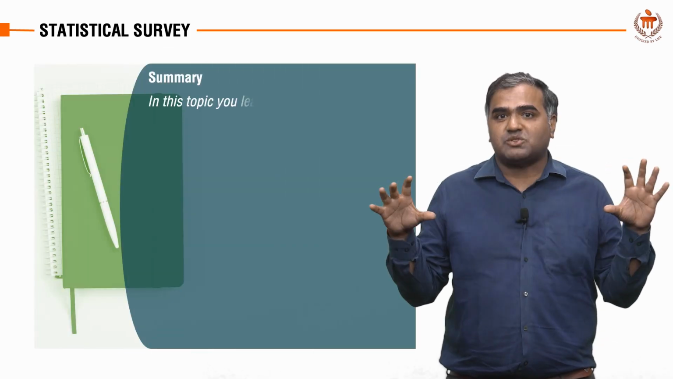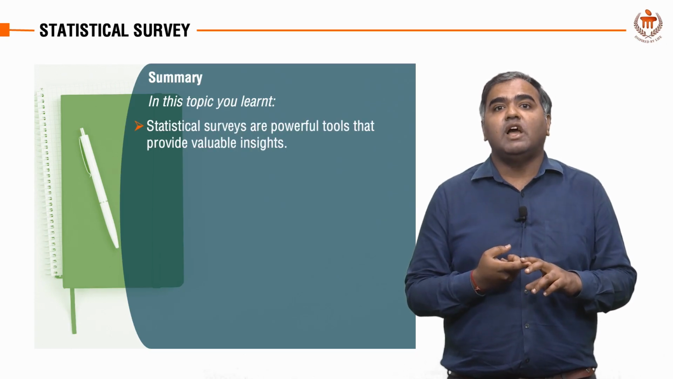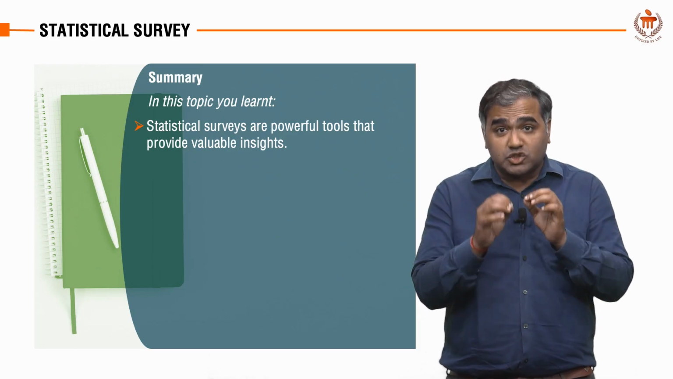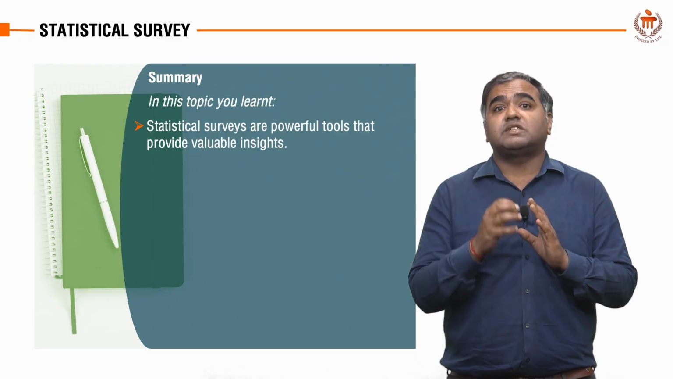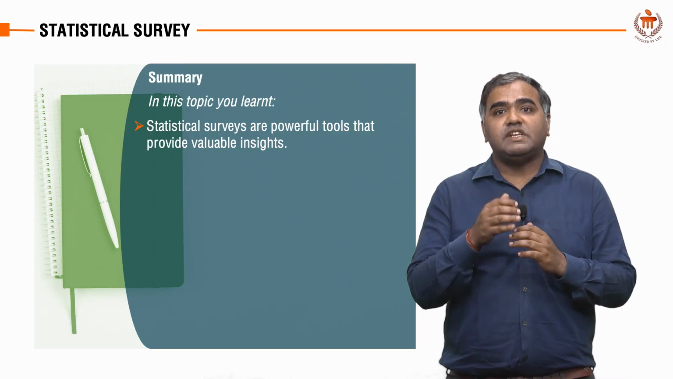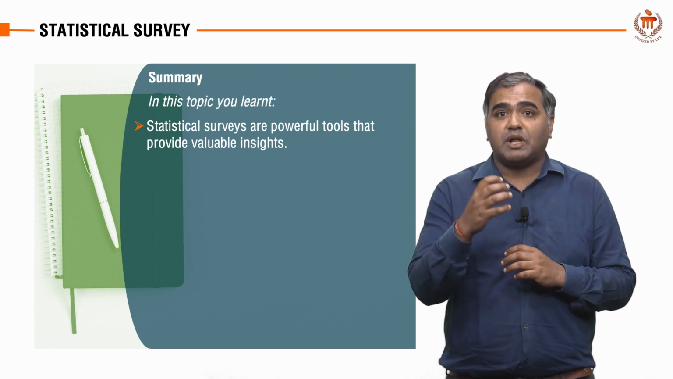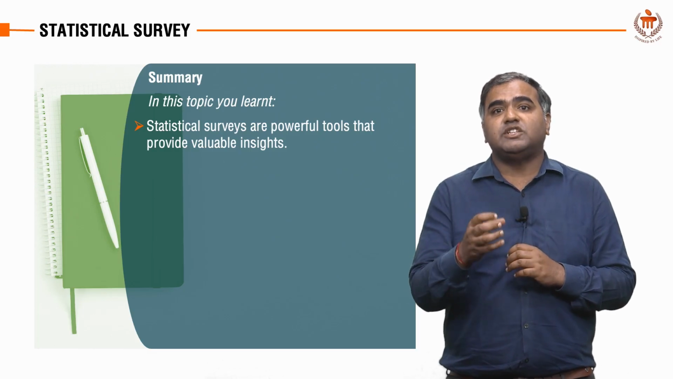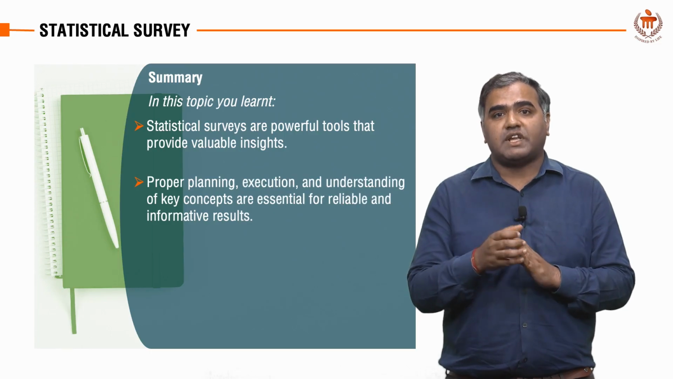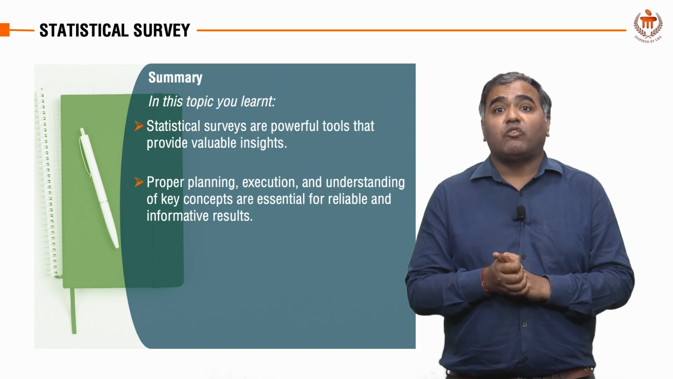So at the end of this topic, we have discussed statistical surveys, which are a very powerful tool for gaining valuable insight into various populations and phenomena. It basically ensures the reliability and validity of various findings. It helps us in careful planning and execution. This involves defining clear objectives, selecting the appropriate sample, developing unbiased survey instruments, and choosing the correct data collection methods. So guys, understanding key concepts like variables, population, sample, and different types of data is essential for accurate